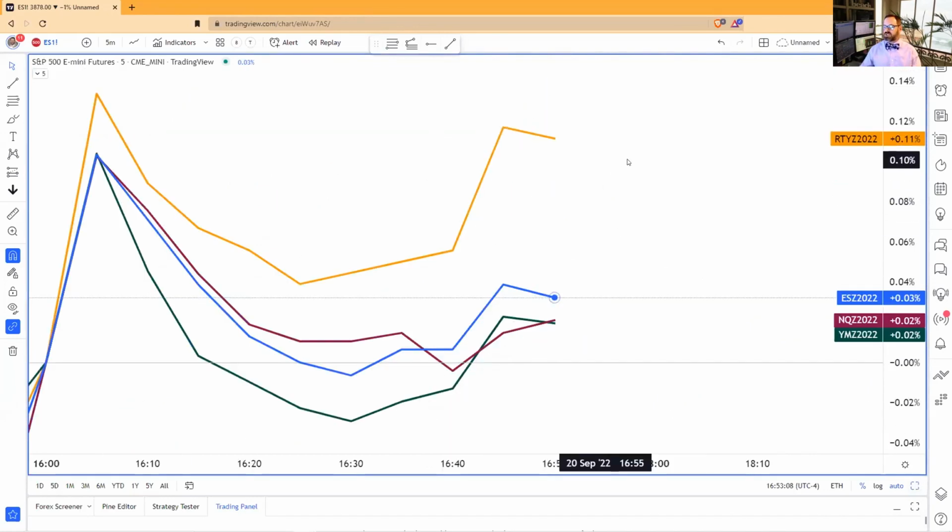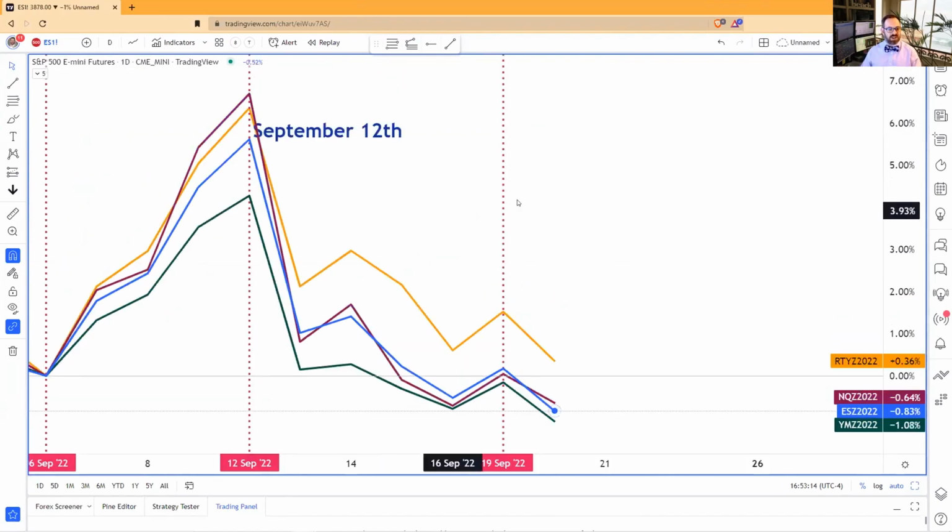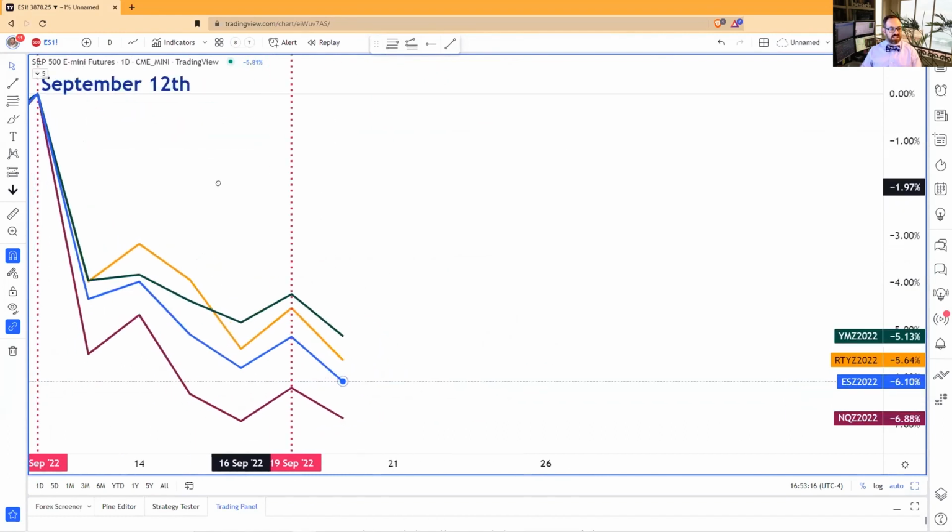The contract ratio is going to be different. I'm going to get more into that in just a little bit. Don't worry. So for instance, here I'm looking at a daily chart now, and we've been declining since about September